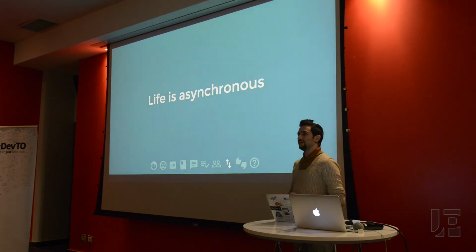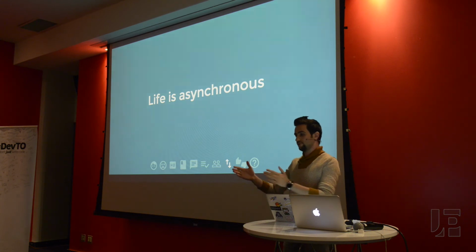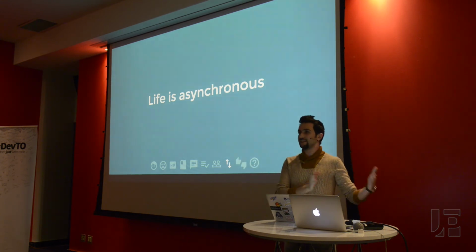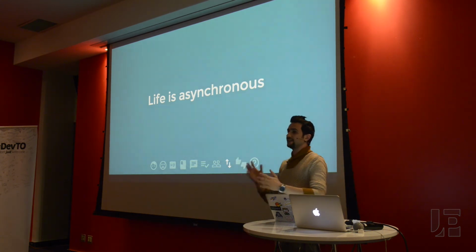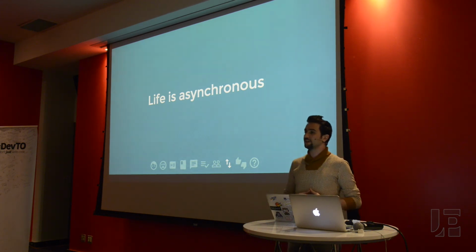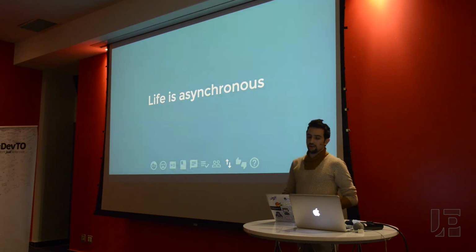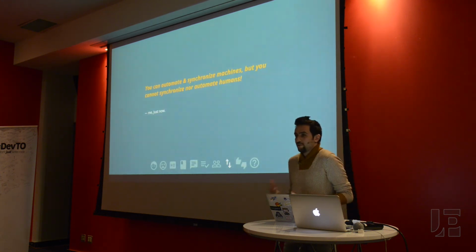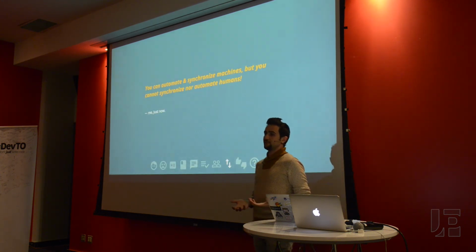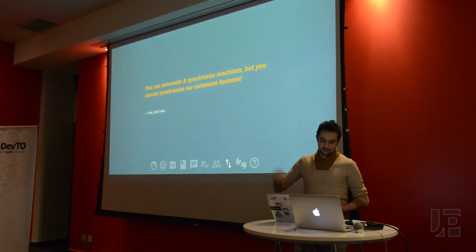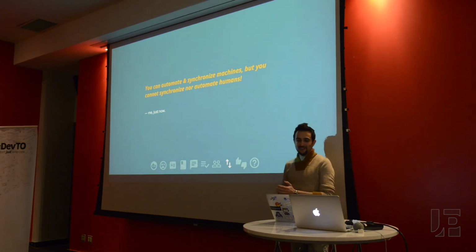And then at the end, if everything is asynchronous, as life is, when you're thinking about going out to the shop and buying something, or you're thinking about making a decision about a product, you don't just think of things that happen in sequences. You think of things that are happening at the same time, and then there's a result at the end of it. That's how life works. That's how we operate as human beings. That's how our brain works. So you can't really automate human beings as you would automate machines.